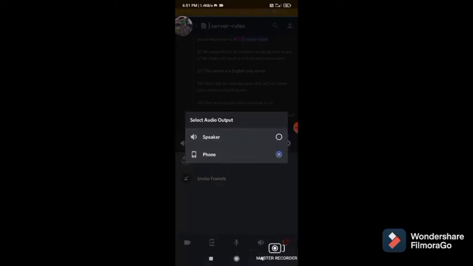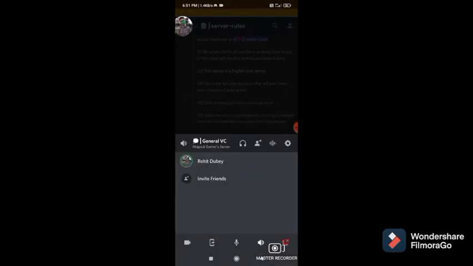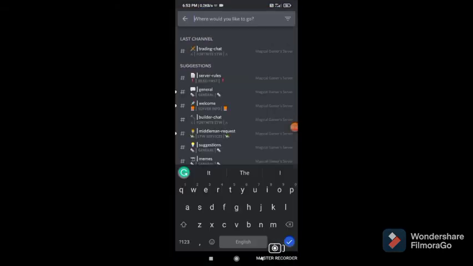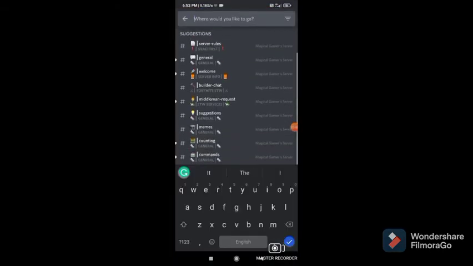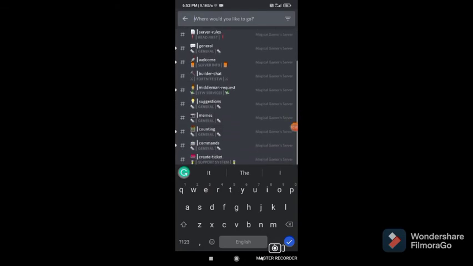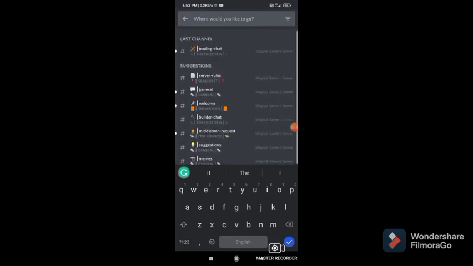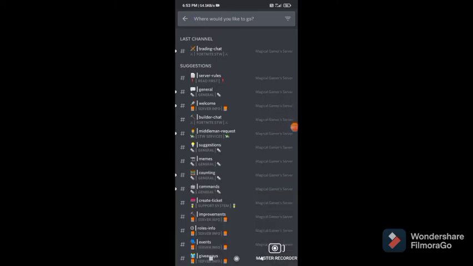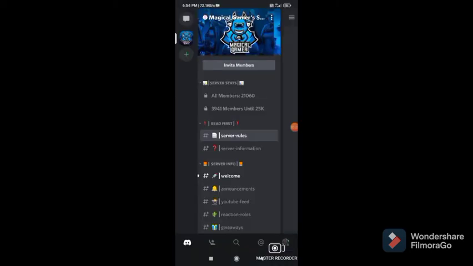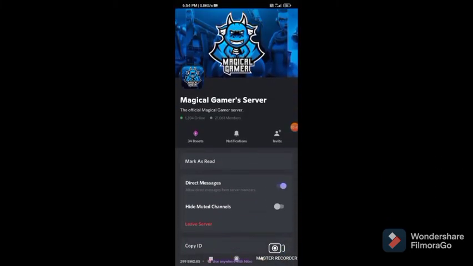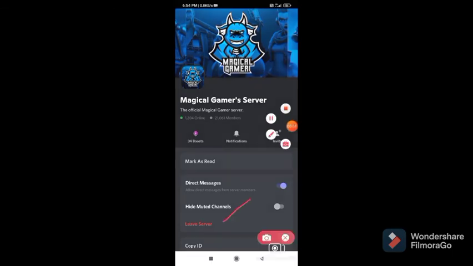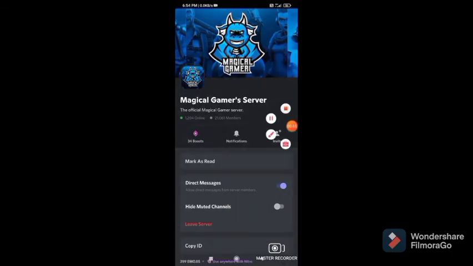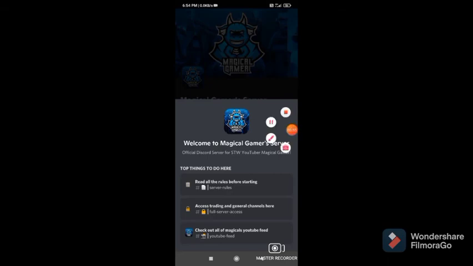Afterwards, you can connect with your voice, with phone or speaker. If someone mentions you, you can see it there. In future, if you want to leave the server, you can just click on leave server.